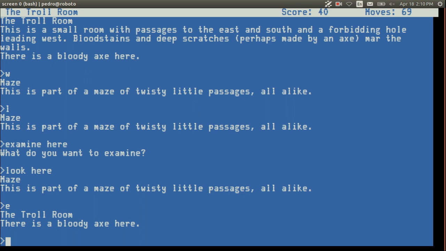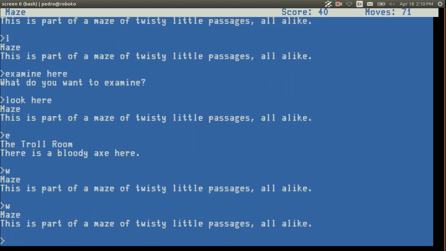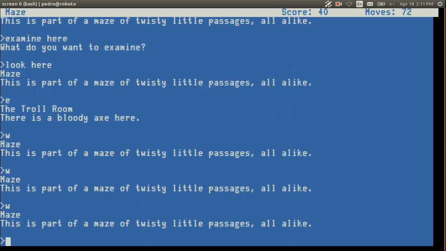I'm kind of anti-cheating, so all those who want to go into the passages, raise your hand. I would have gone back in the passages. Okay, all right, so we're back in the passages. What now? Go west again. West again leaves us in another room. We should go west until we can't go west. Let's go west until we hit a wall.